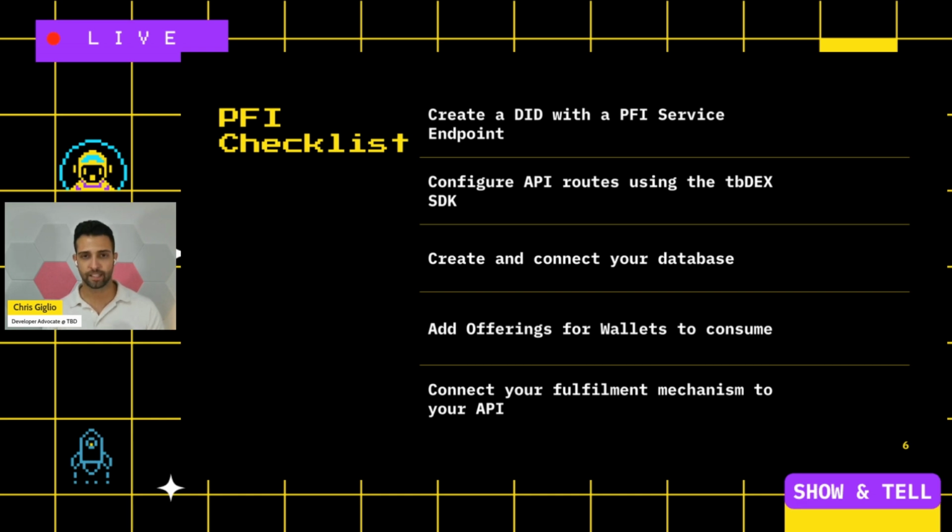The next thing you're going to do once you've actually stood this up is you're going to need to configure your API routes using the tbDEX SDK. We're going to get into more of this in a minute. The tbDEX SDK effectively creates an express server and provides a lot of convenience around that express server to automatically handle all of the inbound requests that you need to successfully implement